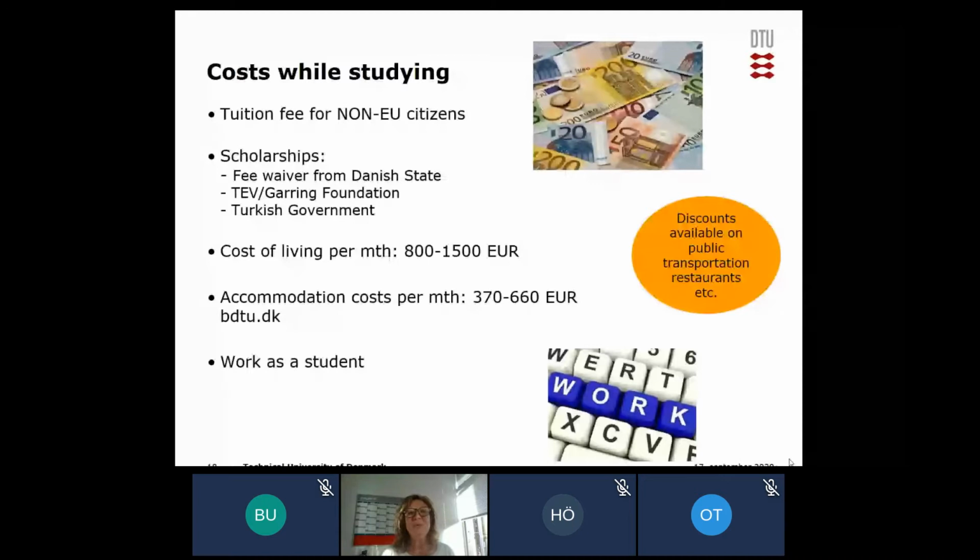On the DTU website, we also have some external scholarships. They're not scholarships that we are involved in, so to speak, but if we know about them, we put them up on this website, so you can also take a look there. Cost of living per month depends on you, obviously, but between 800 and 1,500 euros per month,